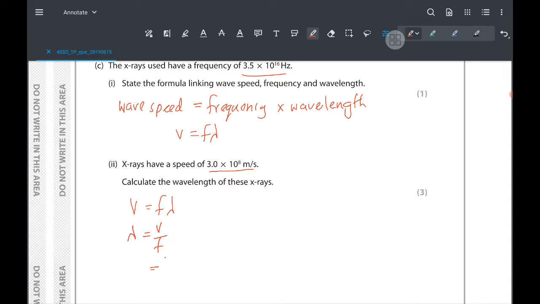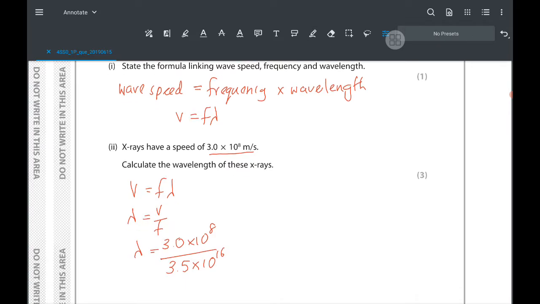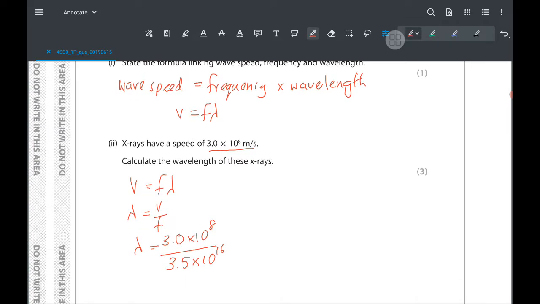The v value is 3.0 × 10^8 divided by 3.5 × 10^16 Hz. When we do the calculation, it's a decimal value, a little bit long, but we'll keep the answer lambda